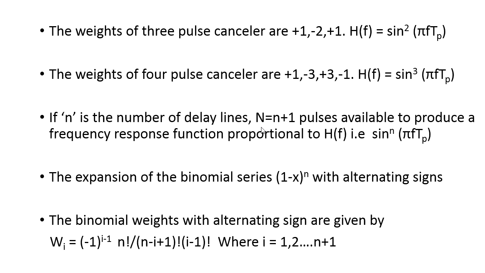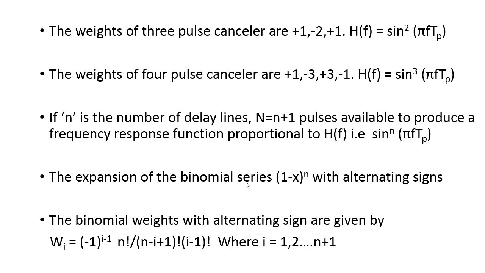So in the previous slide we discussed the same 2 delay line canceller, which we can represent using 3 pulses also, and similarly the same block diagram we also call a 2 delay line canceller. And if I want to cascade n stages of the delay line canceller, the magnitude of the response is given as h of f is equal to sin raised to n of pi f tp here. So if I want to add more n cascaded lines, the power of sin should be equal to n, the number of delay line cancellers here. And